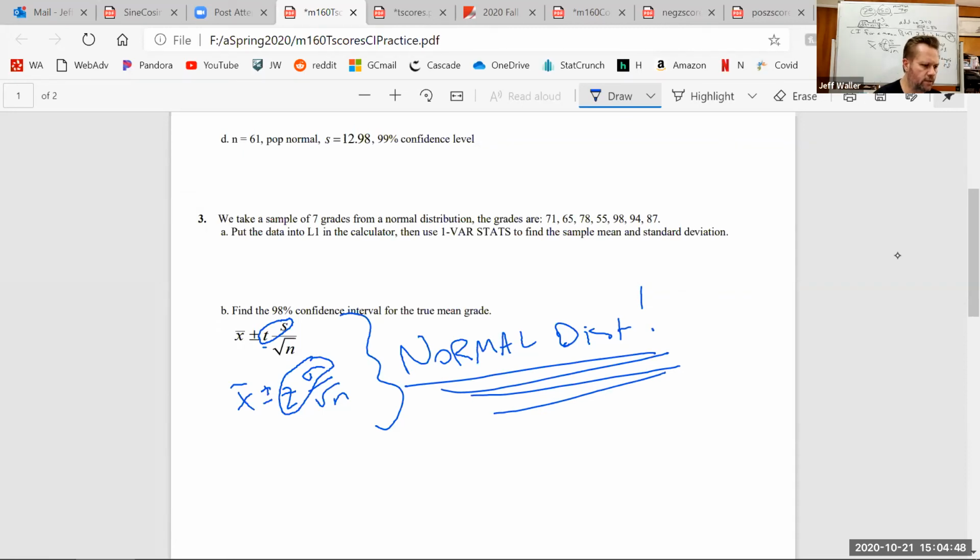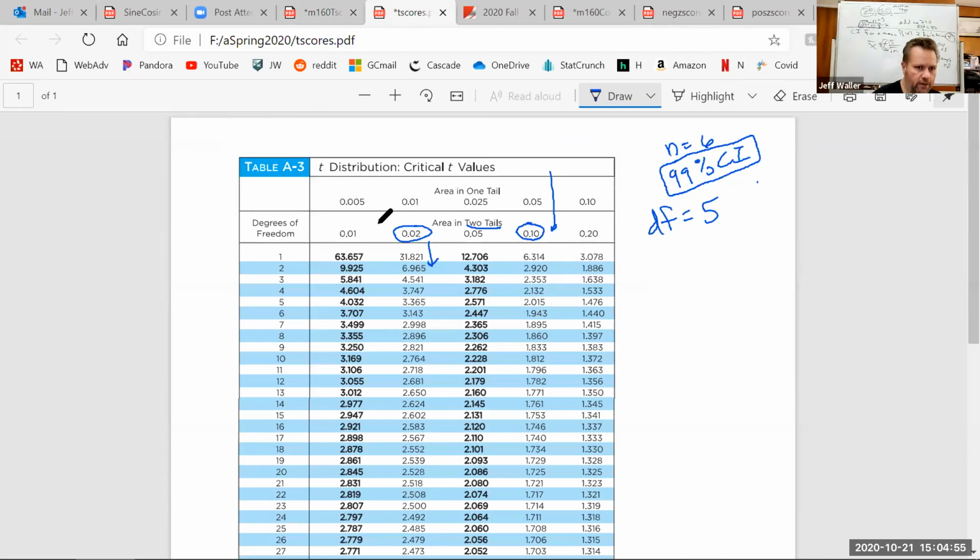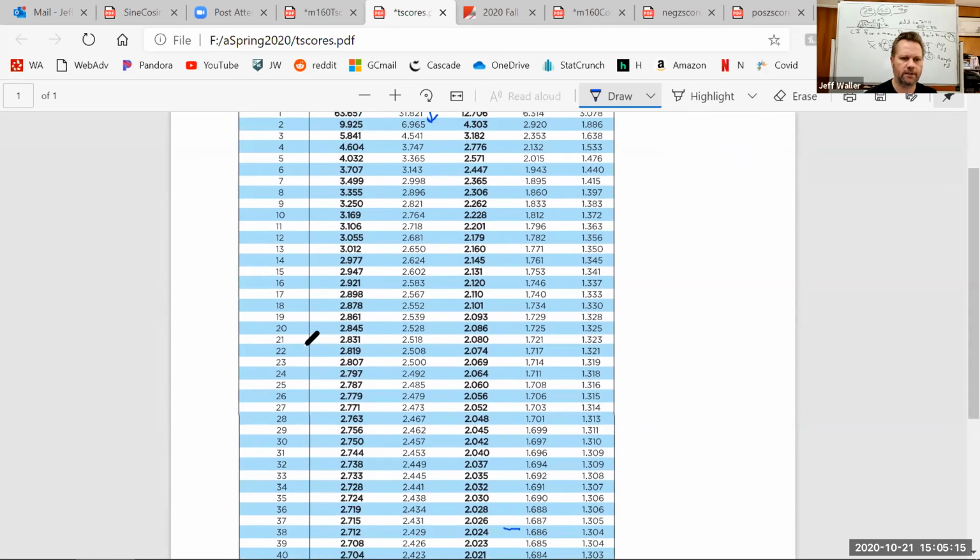Let me see, I got a chat. Can you repeat what you said about what degrees of freedom and level of confidence mean for the chart? So in the chart, level of confidence tells me which column to look at, right? If I want to be 99% confident, I'm going to use the first column because that's 1% outside, 99% inside, 1% in two tails. So the confidence tells you which column to look at, and the degrees of freedom tells me where to stop. If I have 22 degrees of freedom, I would use this. But if I had 30 degrees of freedom, I would use this. Is that cool?